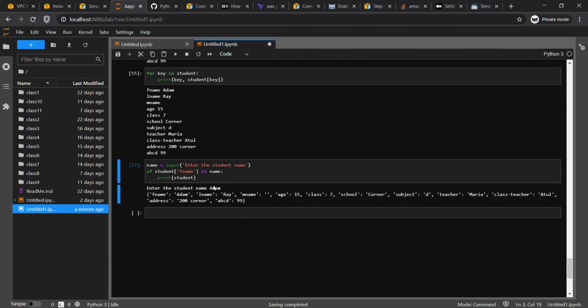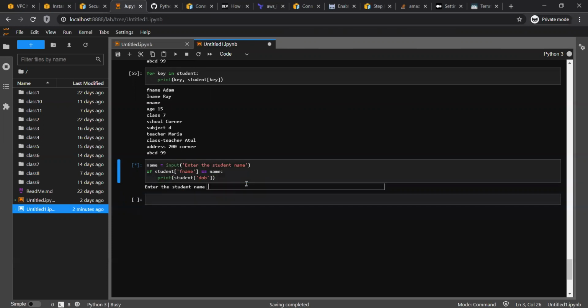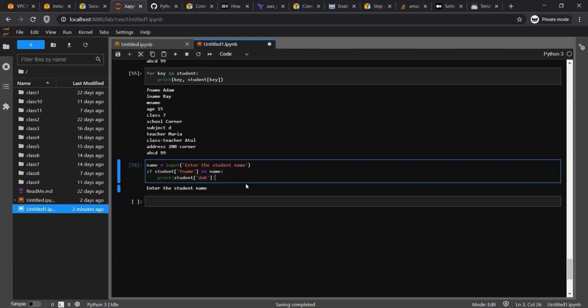Okay, now let's see this thing. If I'm going to write here, I wanted to know if a student exists, and I wanted to know what the DOB of that student is. Okay, if I type Adam, one sec, let me break it down.